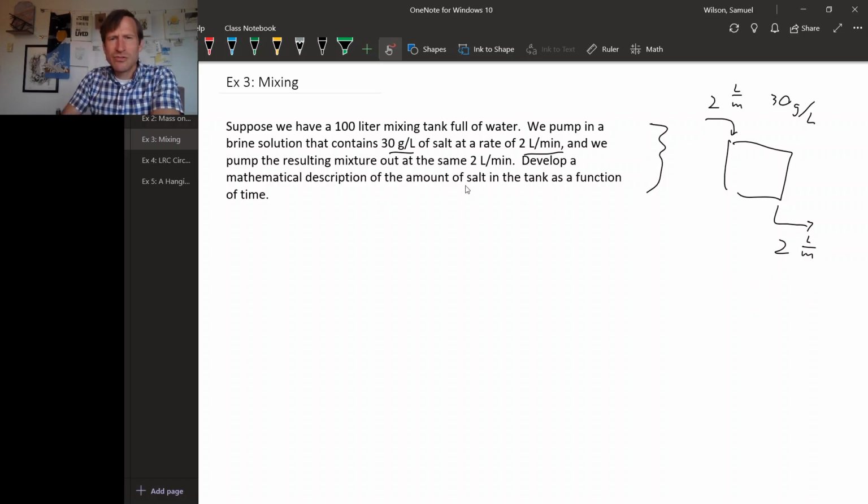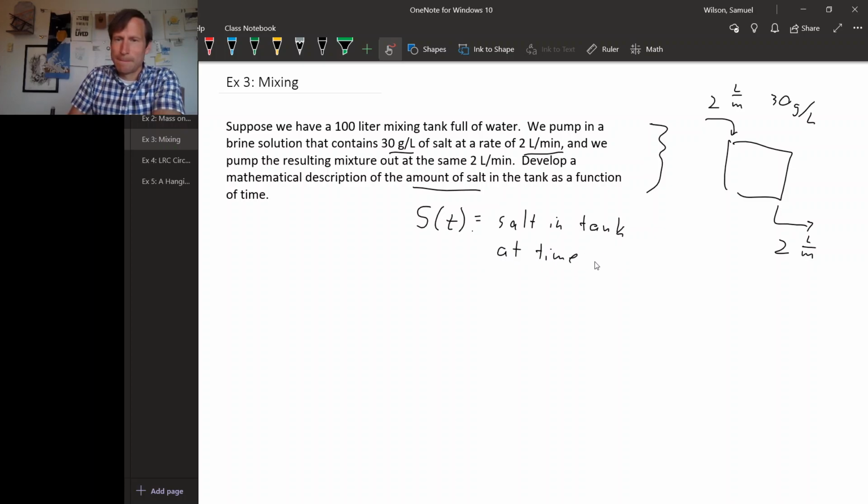Since we're trying to describe the amount of salt in the tank, let's give that quantity a name, maybe S for salt. And it's a function of time, right? It varies from time to time, so we should probably write it like a function. So S of t, that's the salt in the tank at time t. Okay,